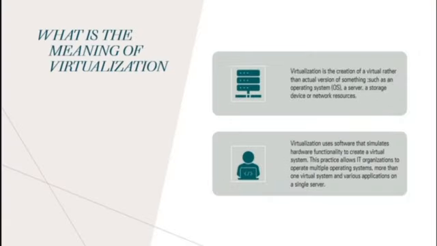What is the meaning of virtualization? Virtualization is the creation of a virtual rather than actual version of something, such as an operating system, a server, a storage device, or network resources. Virtualization uses software that simulates hardware functionality to create a virtual system. This practice allows IT organizations to operate multiple operating systems, more than one virtual system, and various applications on a